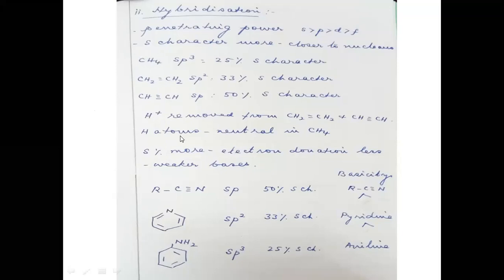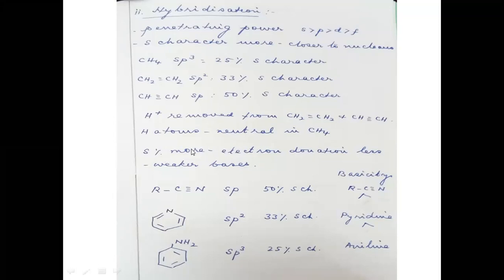So the hydrogen atoms in ethylene and acetylene are acidic hydrogens, whereas hydrogen atoms in methane is a neutral hydrogen. Similarly, you can take the reverse of this. The acidity of the atom which has sp3 hybridization is high. Acidity with sp2 hybridization is less. Acidity with sp3 hybridization is much less. Just the reverse of this, basicity of sp3 is the least, of sp2 is higher, and sp3 is much higher.